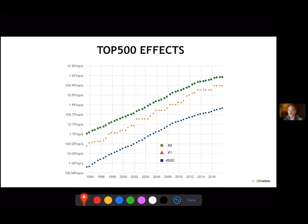So this is the Top 500 list. It started tracking this in the early 90s with the MPPs. And it's basically unlimited LinPack, not too much different than just measuring the peak performance of the assembly of hardware, but it does impose some ability to compute and communicate. But it's basically the way that we track